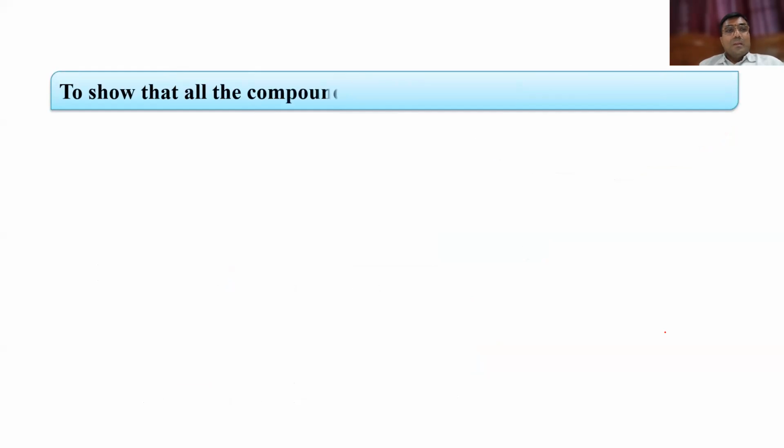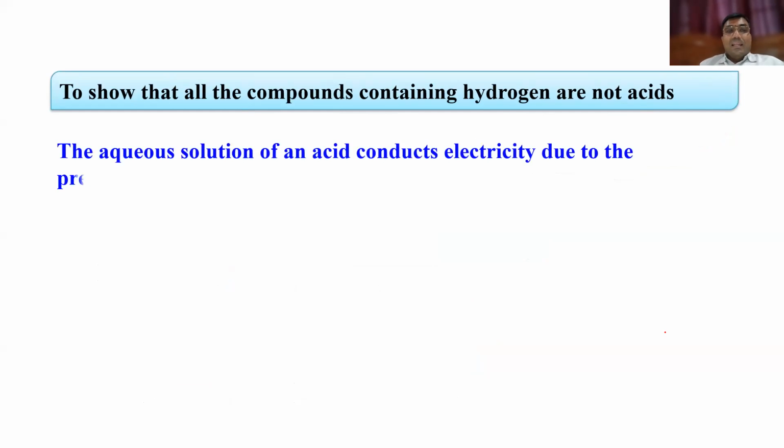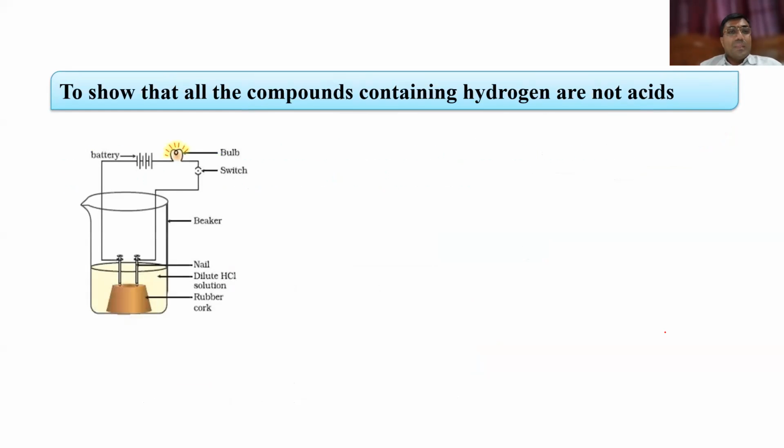Now, let us see. All the compounds containing hydrogen are not acids. Let us see. I already conveyed that the aqueous solution of an acid conducts electricity. Why? Because ionization takes place, ions are produced, and the ions are conducting because the flow of ions leads to conducting behavior, conducting nature. Students,